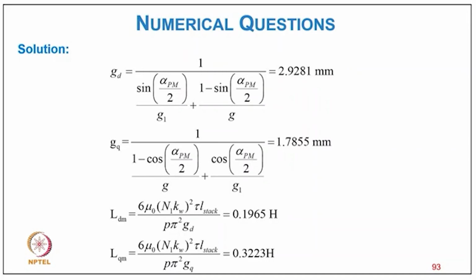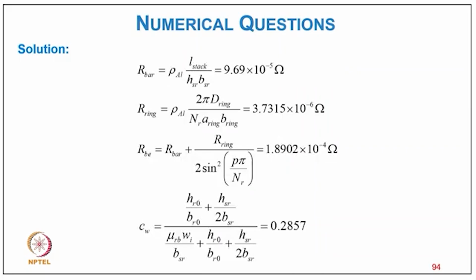And now from this LDM equal to 6 mu 0 W1 KW1 square tau L stack upon pi square P GD comes 0.1965 Henry, and LQM equal to 6 mu 0 W1 KW square divided by pi P pi square GQ into tau into L stack, that comes 0.3223 Henry,